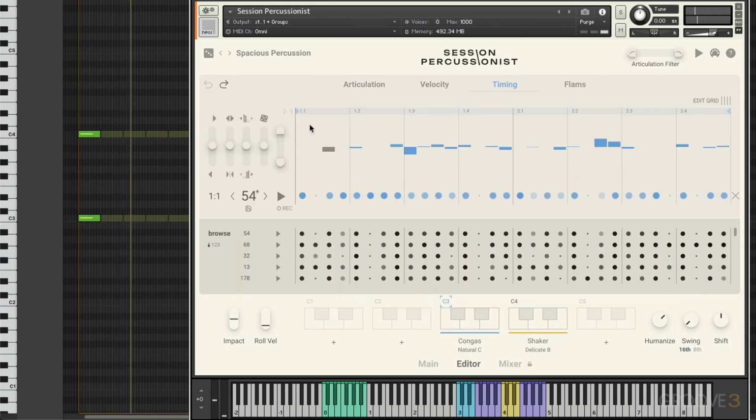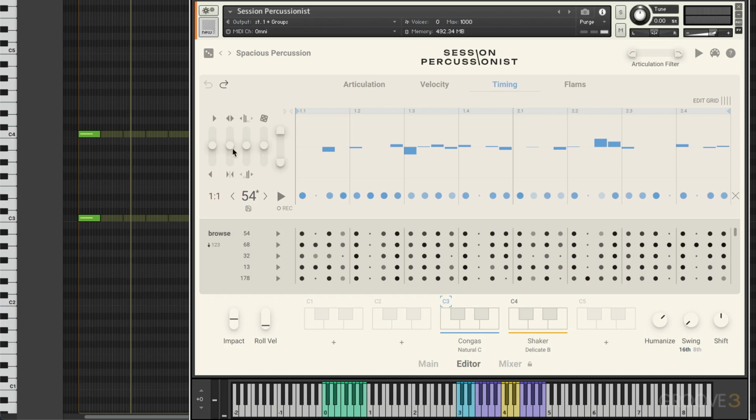And we have timing tools here and then the timing grid here. And as with the other panels, we can just click and drag up or down to move the timing of the notes to make them either ahead or behind the beat. But the tools at the left bear some exploration because they're interesting. Now, they'll work on all the notes if nothing is selected,